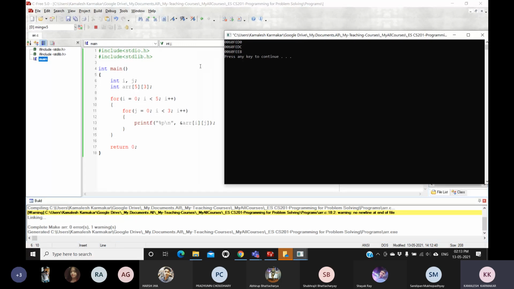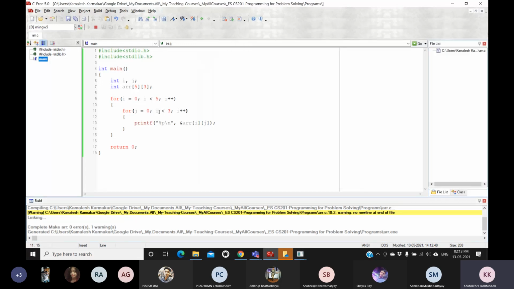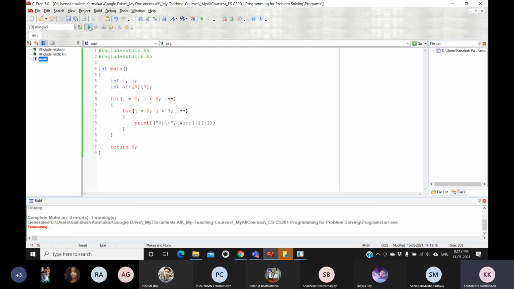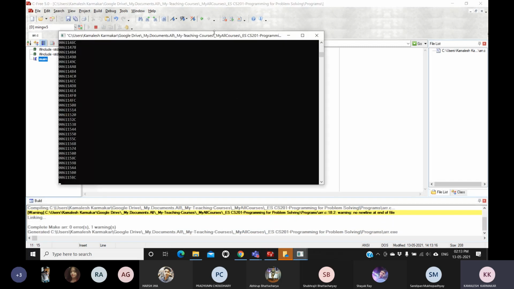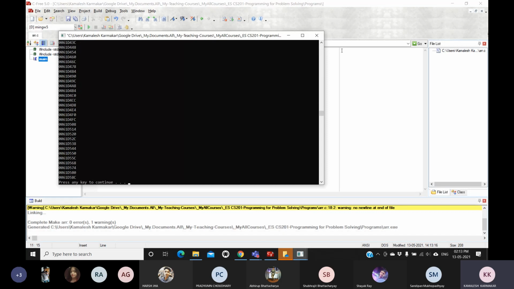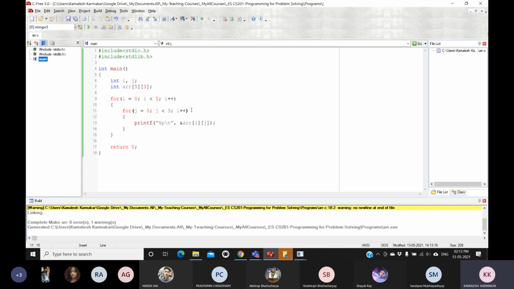For I equals 0, I less than 5, this one is j. Let me print it again, j plus plus.